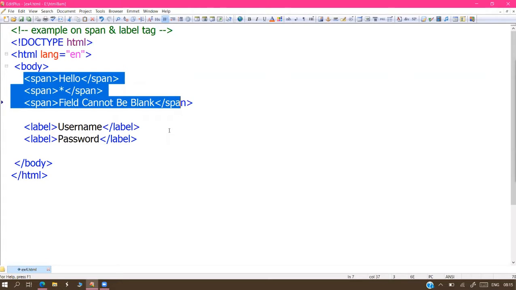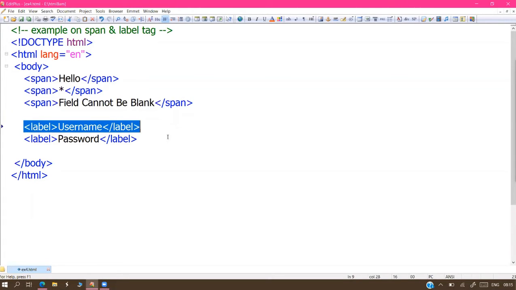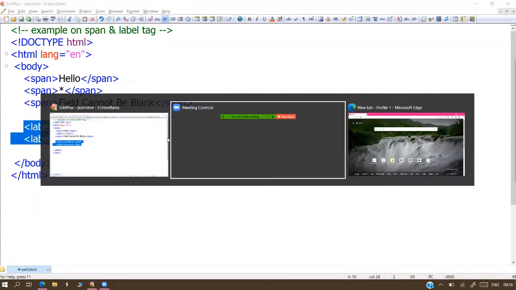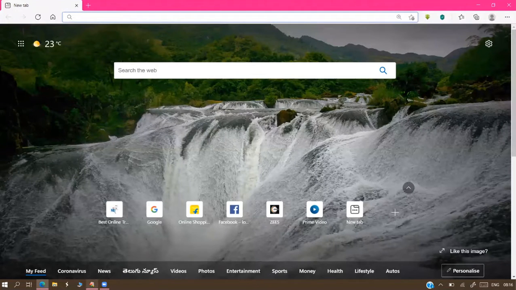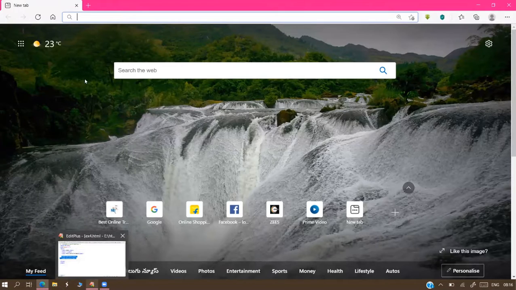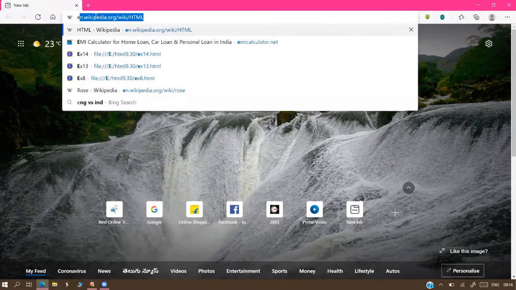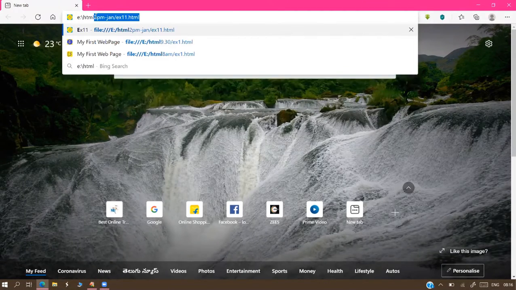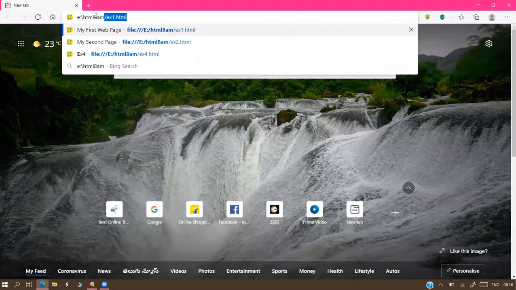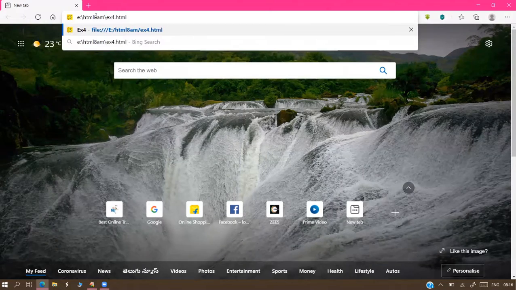Already we have 3 messages here, and we are adding 2 more messages. All these 5 messages come in the same line. The reason is all these are inline components or inline elements. Inline elements without line breaking operations always come in the same line.